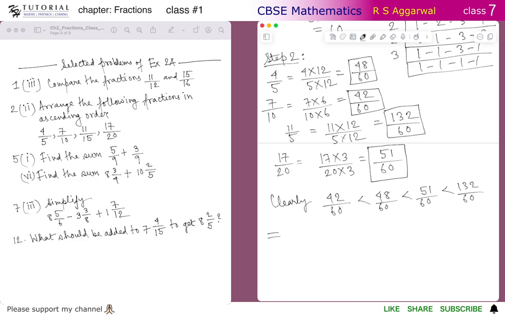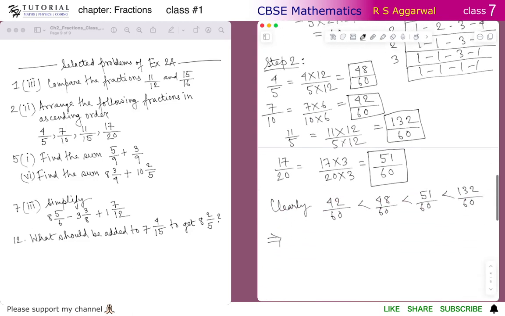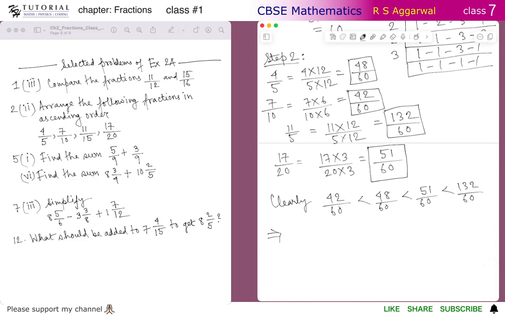So this implies the ascending order of the original given fractions becomes 42 by 60 was 7 by 10